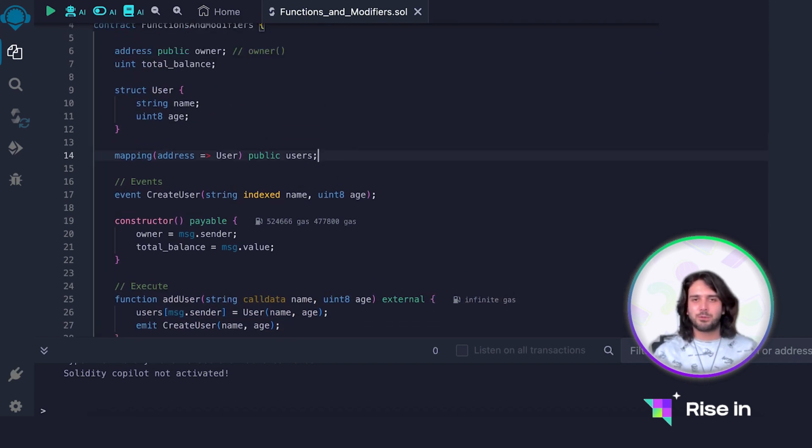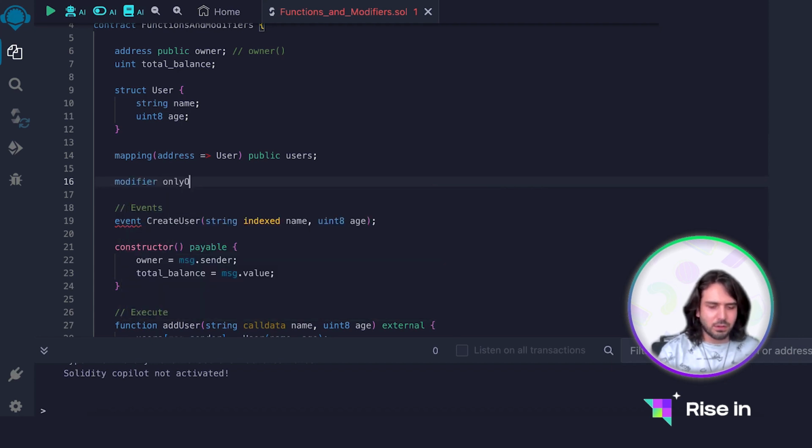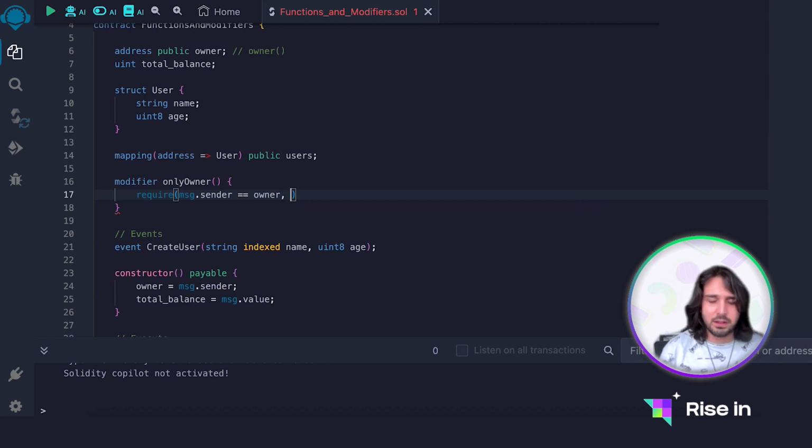By saying modify, I'm actually creating a modifier. Let's say this is onlyOwner. We can have modifiers with parameters or without parameters. In this example, we are not going to need any parameter. So I'm going to say require if the message.sender is equal to the owner, we are not going to have